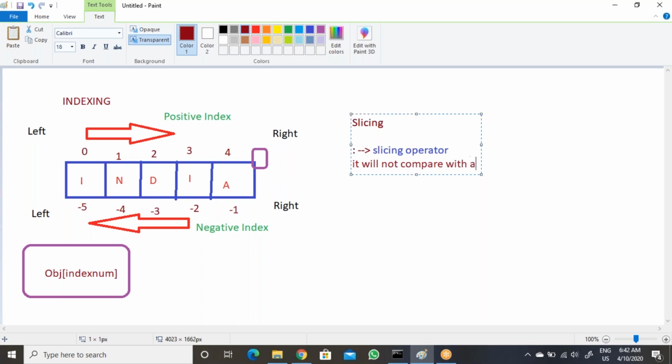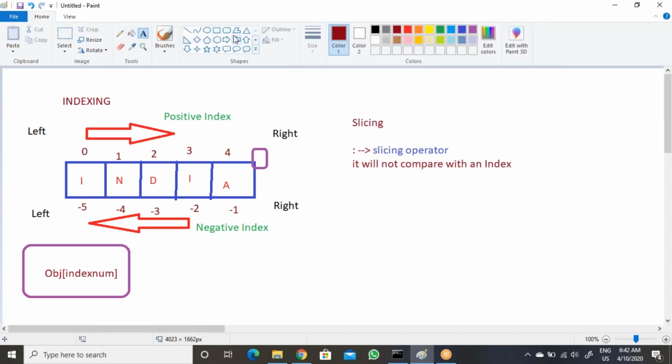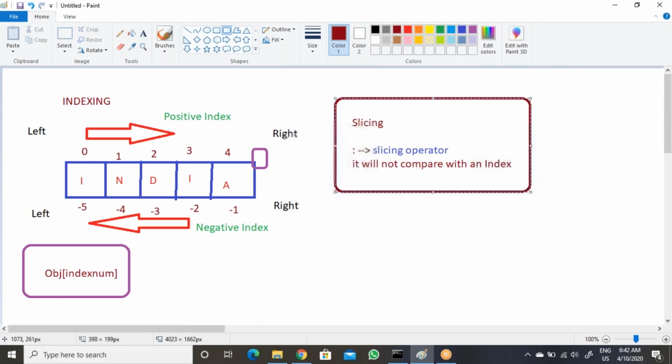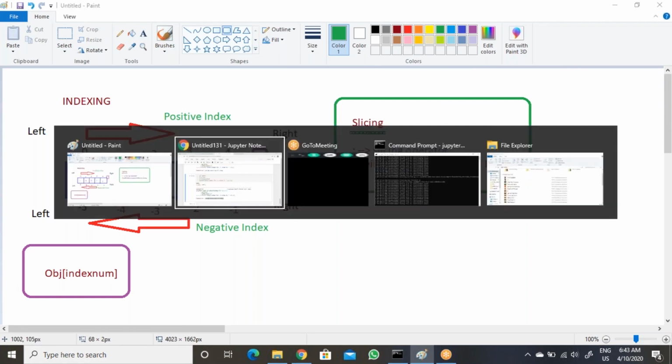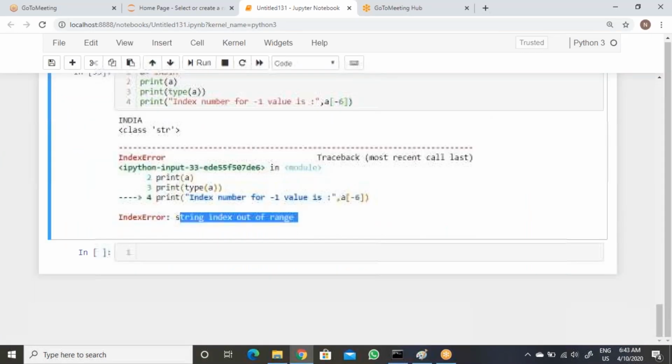Then it will not compare with an index. Okay, so slicing operator. So now let's see how slicing is applied using the same logic.